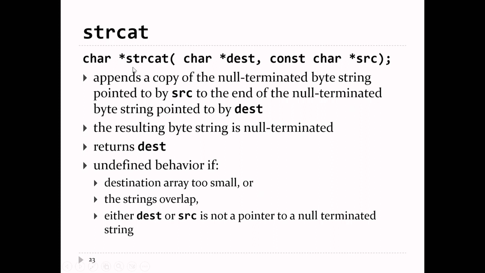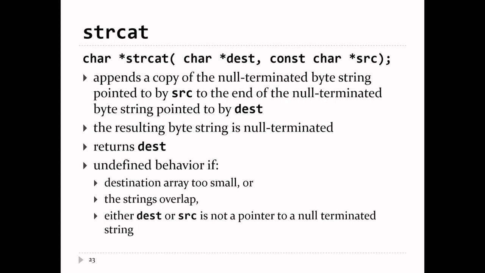What if I want to join two strings? In Python or Java, it's easy, just use plus. You can't add two arrays in C, so you need a function that does it for you. strcat